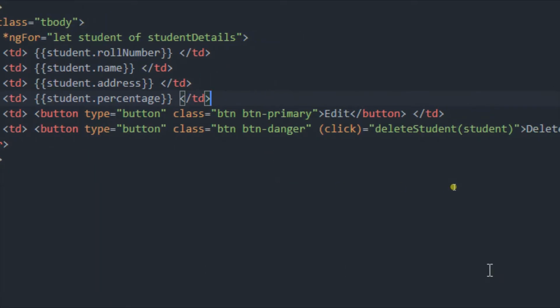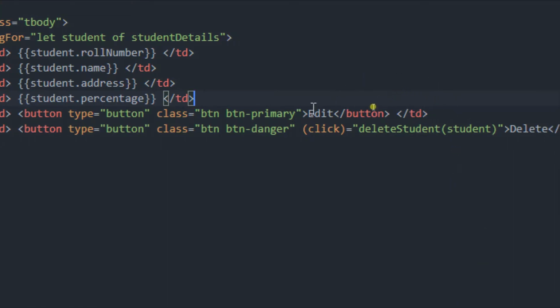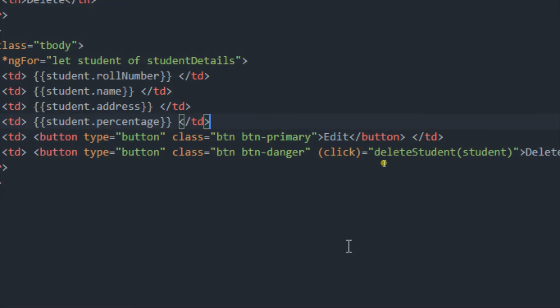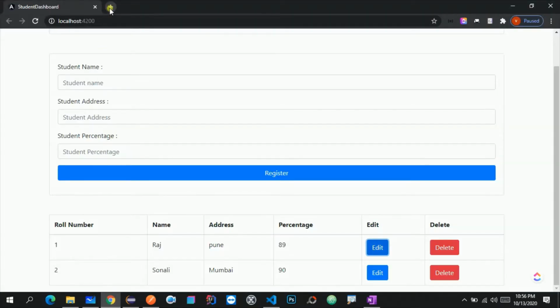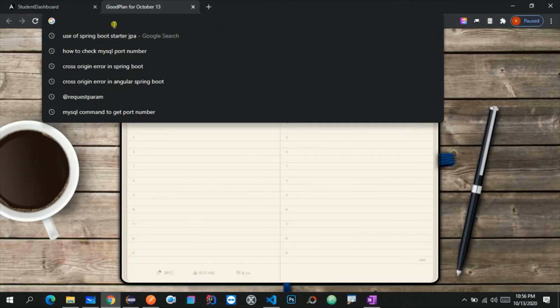So first of all we just need to focus on that particular part, that whenever I click on this edit button, one modal will get opened. So Bootstrap now comes into the picture. Here there are some Bootstrap classes and all those things which will help us to do this functionality.